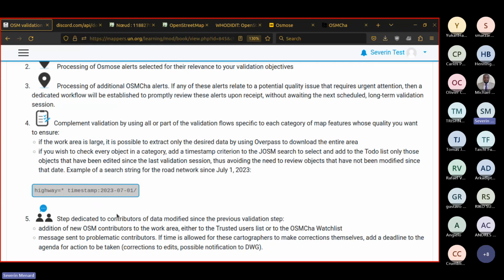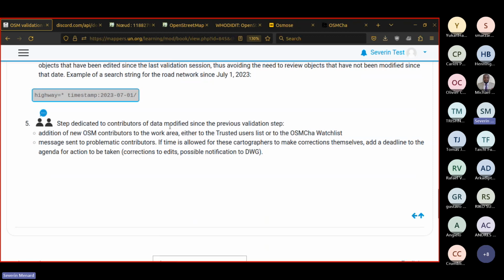That was what I said last time. You can actually interact with the contributors whenever you want. You can decide also to have a specific step at the end when everything has been processed. You put on maybe on the paper, I need to contact this person, etc. And you process that.